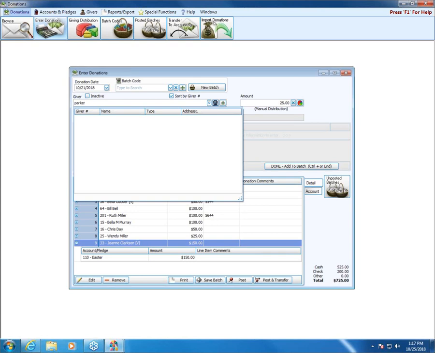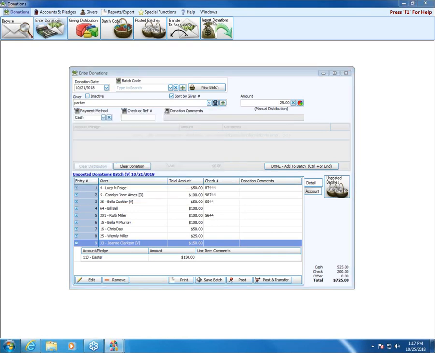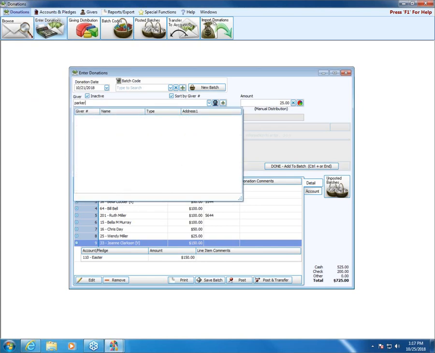One thing you will want to try first, before you go any farther, is to check this inactive checkbox up here at the top to see if that person is in your database but simply listed as inactive for some reason. It's a good thing to double check, just to make sure that they're not hidden from you because they've been marked as inactive. Type in their name; if they're not in your database,